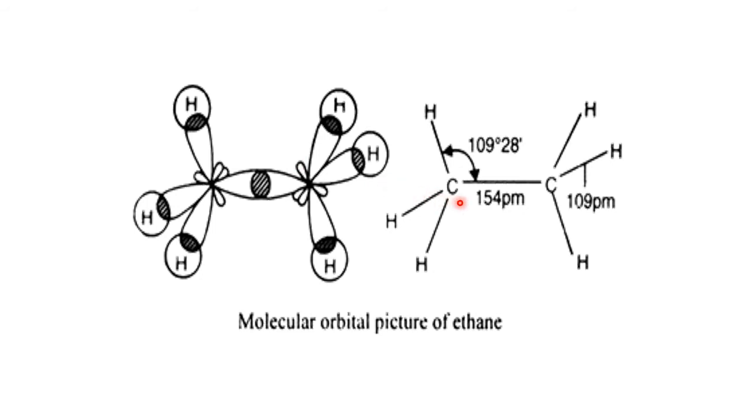But in short, in the class we write C-C sigma bond, the main bond. Then C-H sigma, C-H sigma, C-H sigma, C-H sigma, C-H sigma, C-H sigma, and C-C sigma, with the bond angle and the bond length from the spectroscopic data. So in this way, ethane is formed by the combination of two sp3 carbon hybrid orbitals. Now please see.